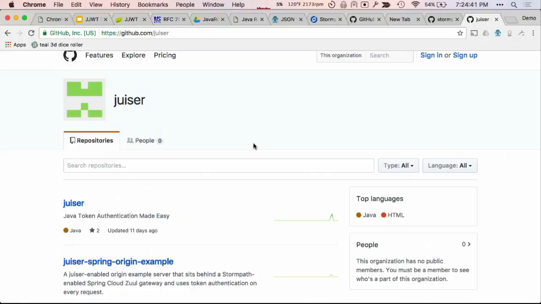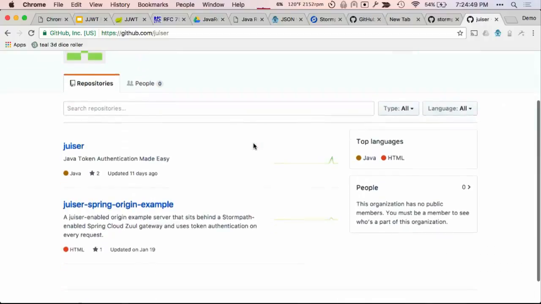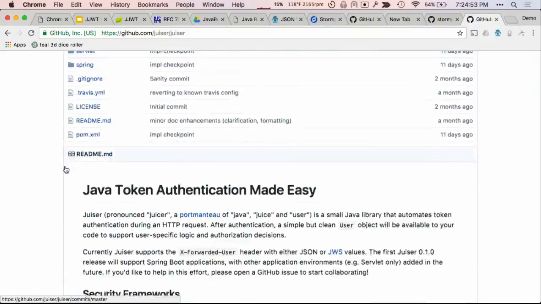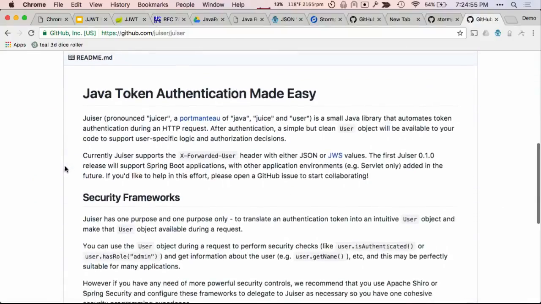So we came up with this Juiser organization and a Juiser project. It stands for Java User something or other. Remember the Google library? Yeah, that's right. So no confusion there. Yeah, so it's Java, Juice, and User, right? So it gives you the juice to deal with these authenticated users is the idea.